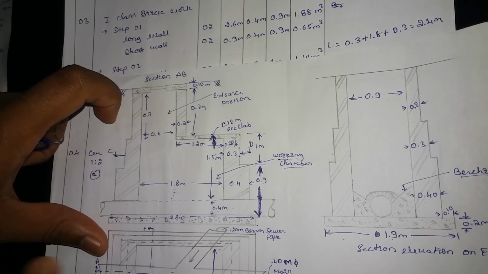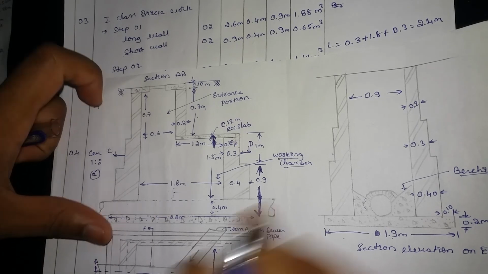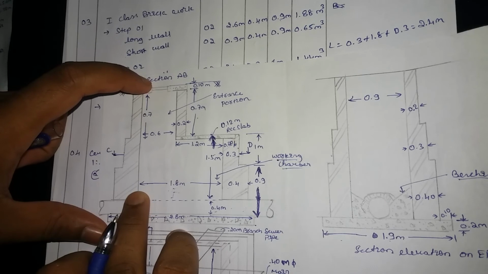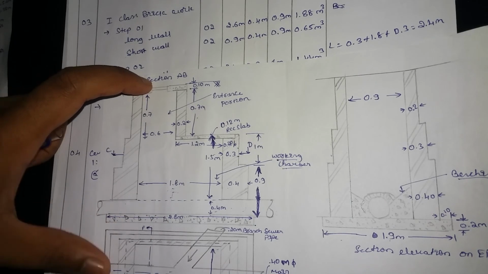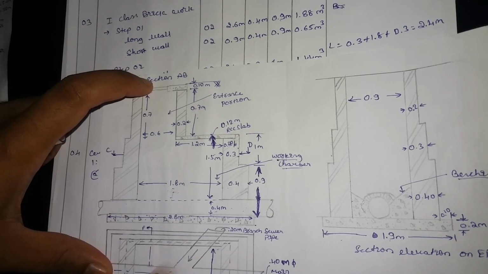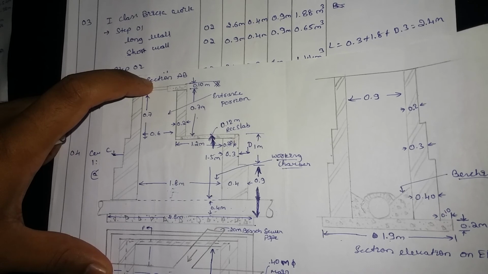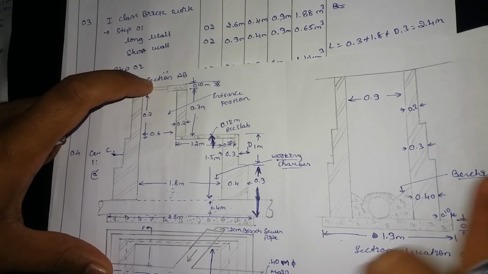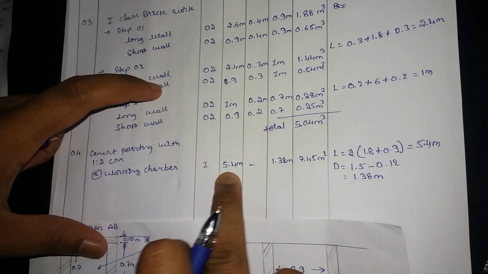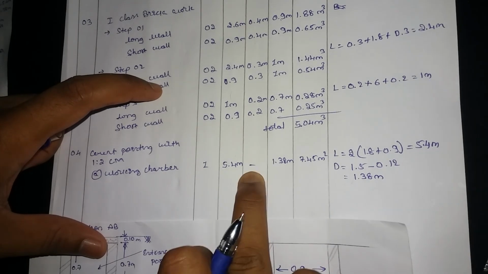So here I am going for the center line method, that is, I'm going to take two numbers of walls. See here 1.8, this is one wall, this is one wall, this is one wall and this is one wall. So 2 into 1.8 plus 2 into 0.9, you will get that value. That is considered as a length, 5.4 meter. So here no breadth is there.